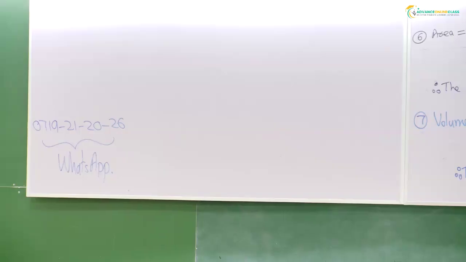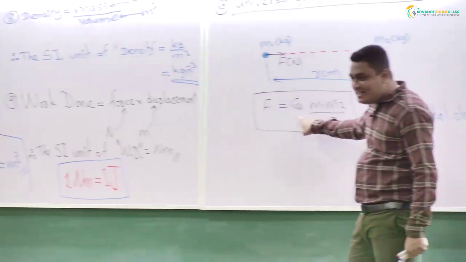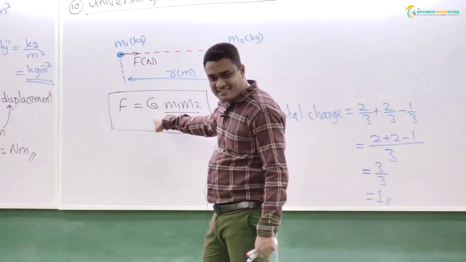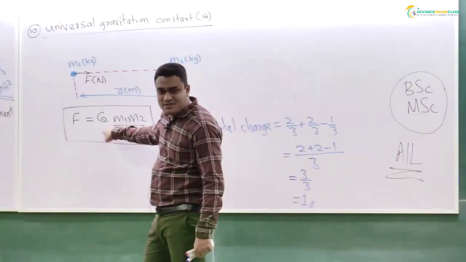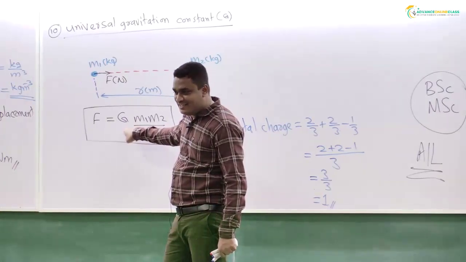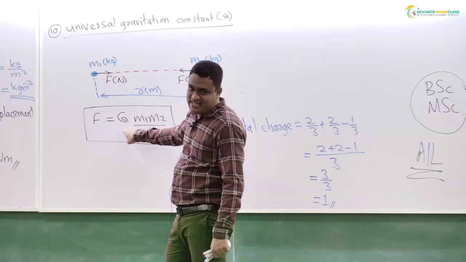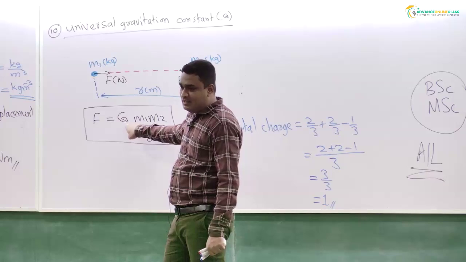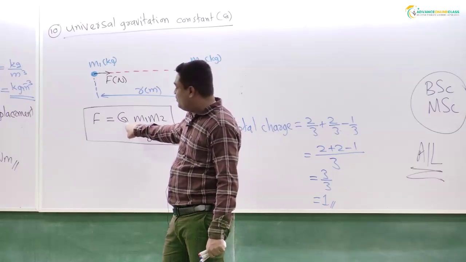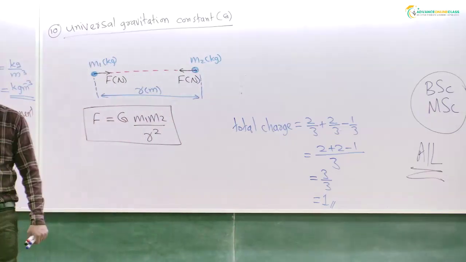Capital G for universal gravitation constant. Why didn't he put capital N here, for Newton? G for Grace would be a girlfriend's name. No, this is my guess, because as I know, Newton was brought up by his grandmother. So maybe it is to say granny, maybe, I don't know, but I guess.